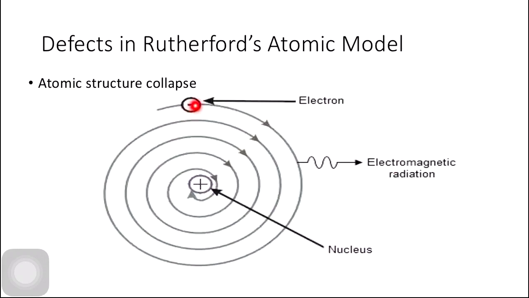Around the nucleus, the electron is revolving, and while revolving around the nucleus, the electron emits energy continuously in the form of electromagnetic radiations, and due to this loss of energy, the orbit size of the electron becomes smaller and smaller, and the electron is going closer and closer to the nucleus, as you can see over here, and ultimately the electron will fall inside the nucleus. And if so, then the atom will collapse or be destroyed, and each and everything which is made up of an atom will also collapse or be destroyed, including your body.